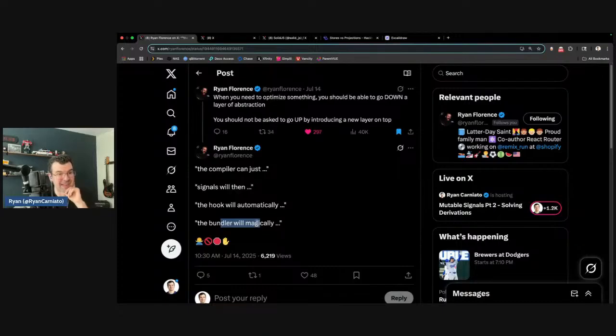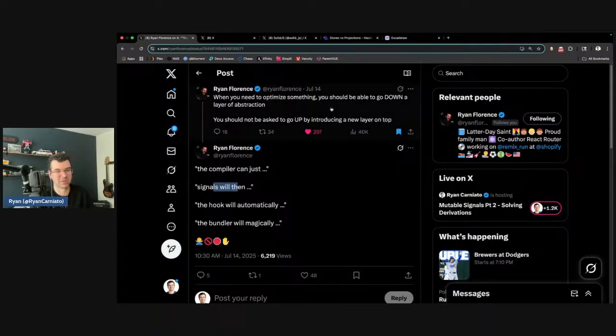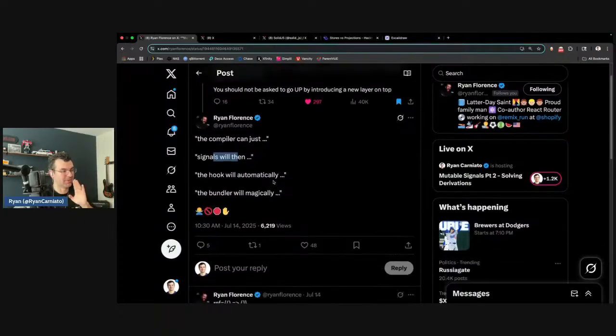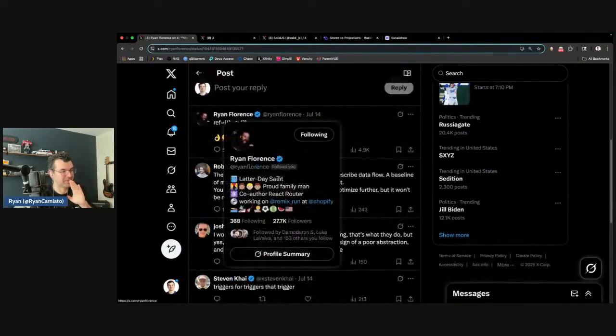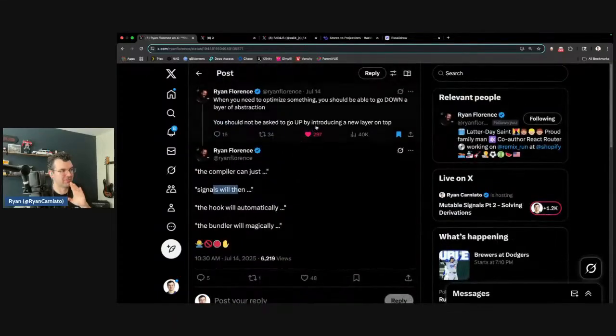Resumability is a compiler and bundler trick that, to be fair, you could do by hand, but good luck with that. Signals let you get rid of the VDOM. That's instantly a huge optimization win without doing other stuff. Of course, just adding a layer is pointless, but it's possible to shift the